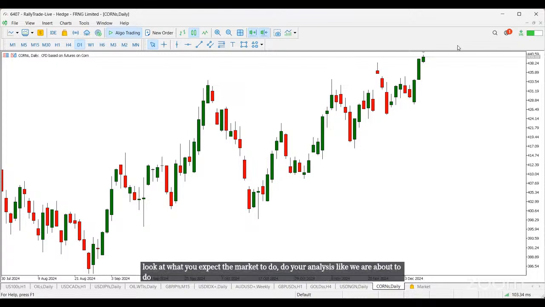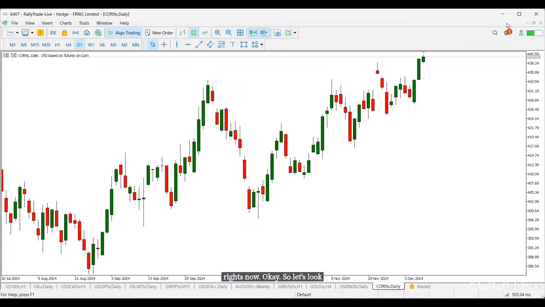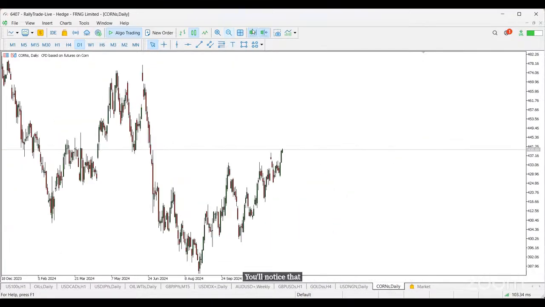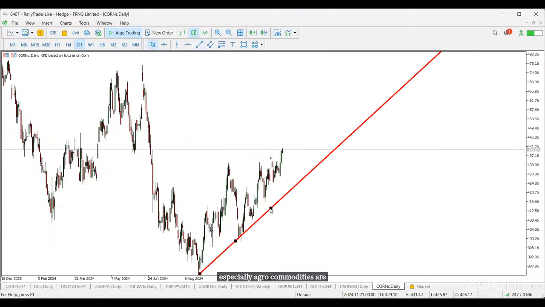Okay, so let's look at this. This is corn on the daily time frame. You notice that on the daily time frame, corn is actually on an uptrend, and that is not out of place, because most of these assets, especially agro commodities, are really affected by weather. Most time you find that during the dry season, you actually find the price of